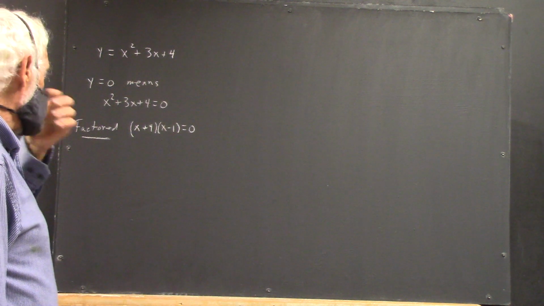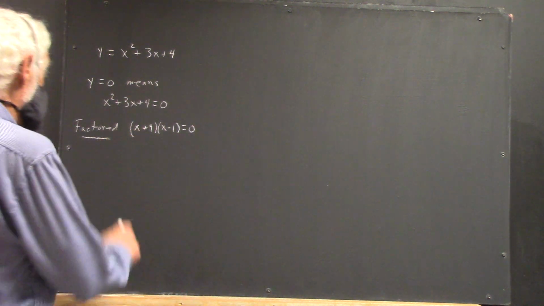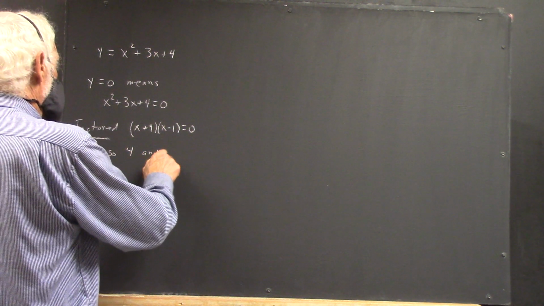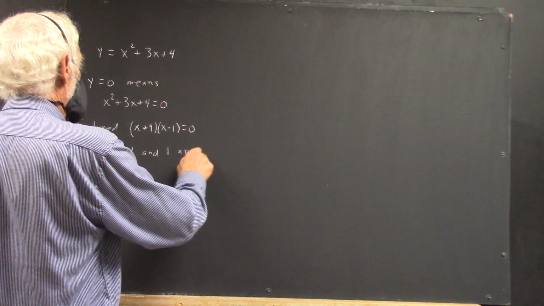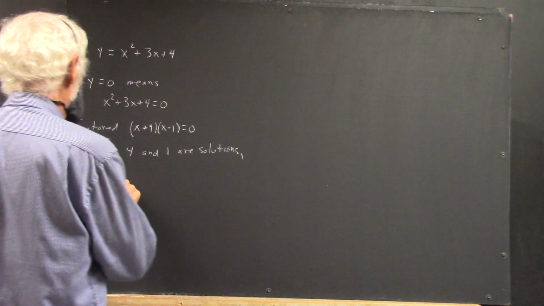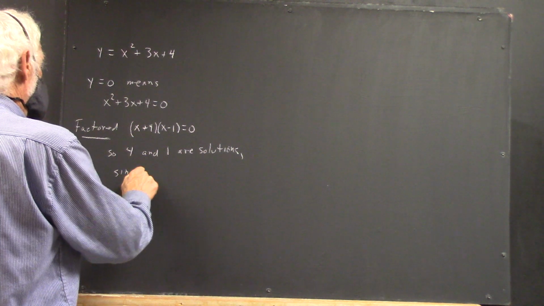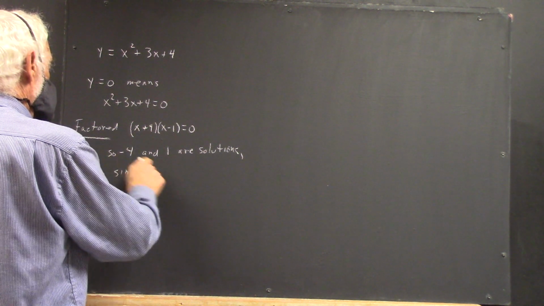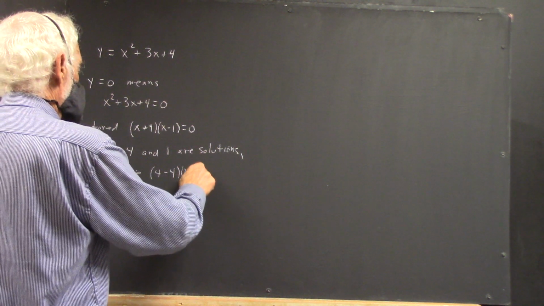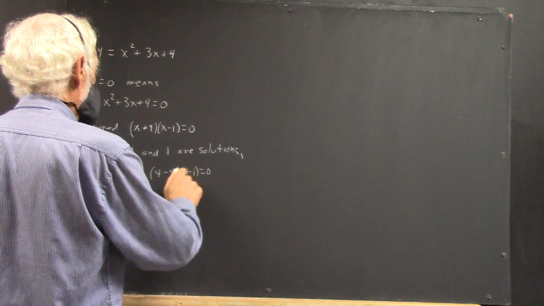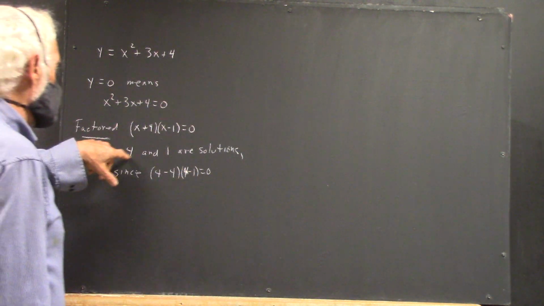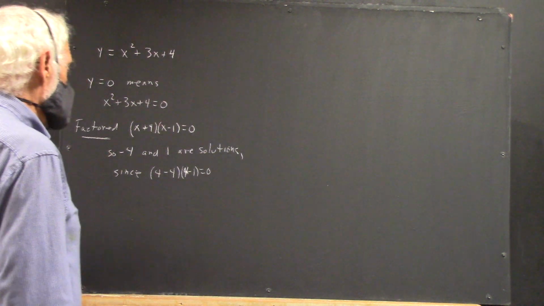And then we can easily see that, well, negative 4 and 1 are solutions because